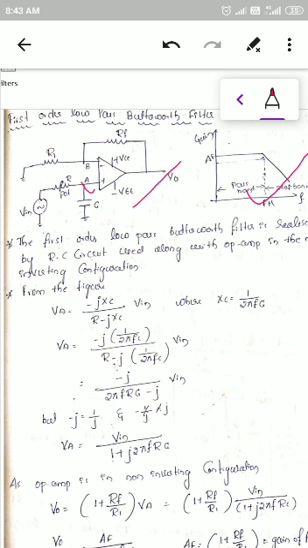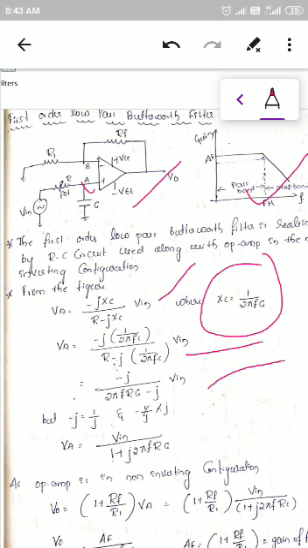using this voltage divider we calculate the potential at VA. We have R and C here, so VA is minus jXC divided by R minus jXC, into Vin. We know that XC is 1 divided by 2 pi fC. Substitute this in the VA equation and rewrite it. Now simplify: cross multiply 2 pi fC with R and cancel the 2 pi fC in the numerator and denominator. With these simple simplifications, you arrive at this equation.